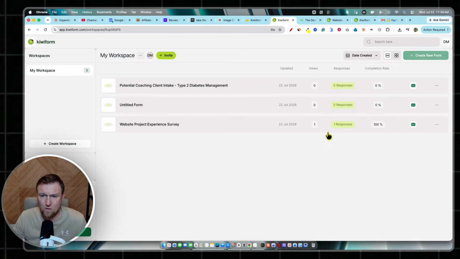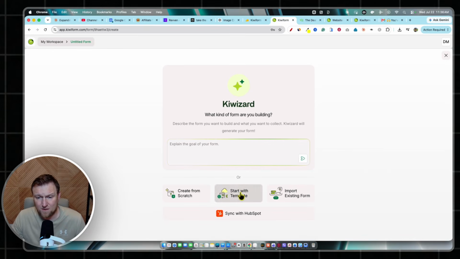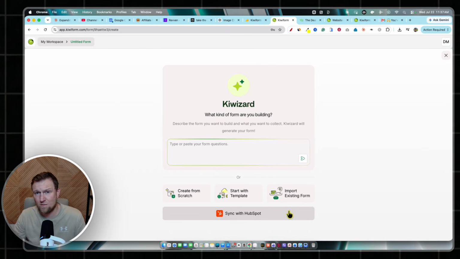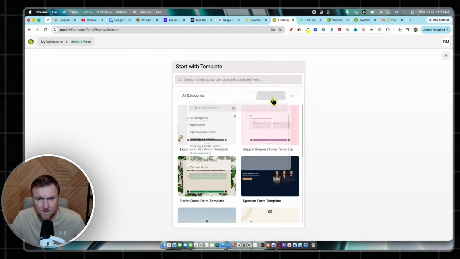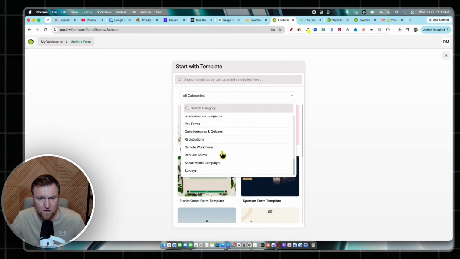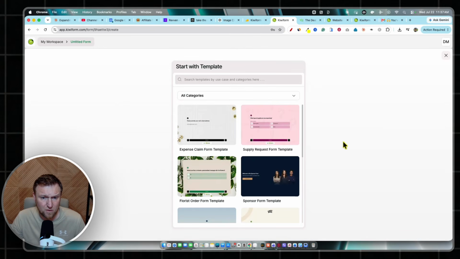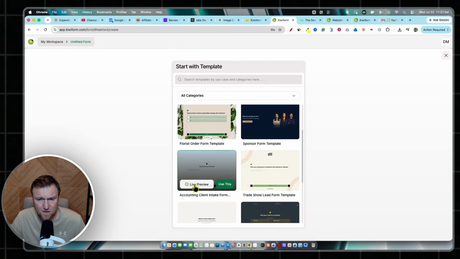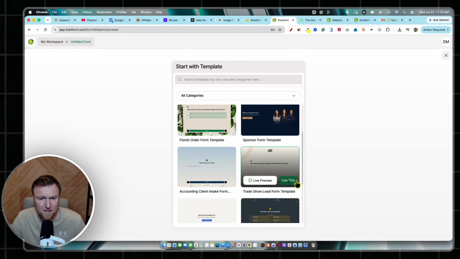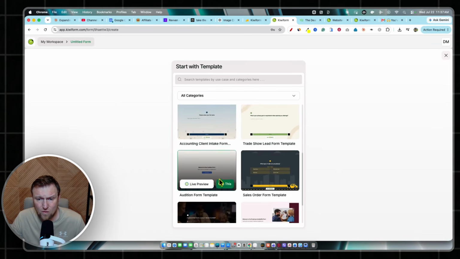I want to go and create one more form and show you the templates, right? You can start from scratch and build it completely from scratch. You can also sync with HubSpot as well, or you can import an existing form from Google Forms, SurveyMonkey, any of those other form providers. Or start with a template. They've got a bunch of templates, in a bunch of different categories right over here, which is actually really, really cool. Expense claim report, supply report, florist order template, a sponsor form template, accounting client intake form,